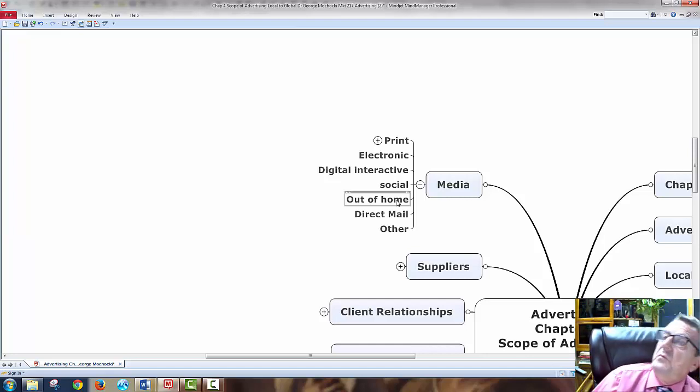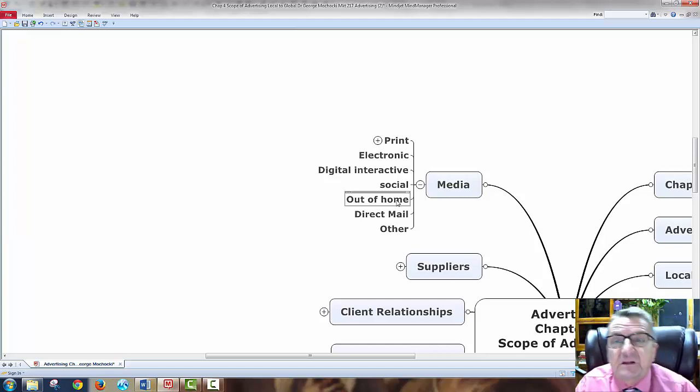When I'm stuck in traffic, boy, I never knew that billboard was there. I never thought about that, because I'm being impatient. I'm trying to calm myself down, or I'm waiting at a bus stop, or I'm on a train. So that's out of home. Out of home could also be the baseball games, at Wrigley Field or the Sox stadium, where when you come in they have different companies sponsoring. So any kind of print out of the home that I can see without using a device is available to me.